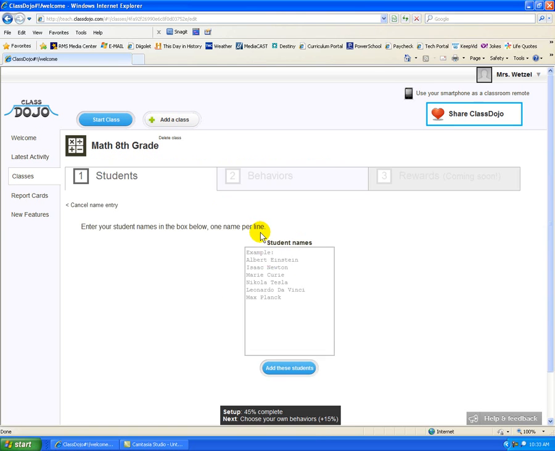You are next prompted to enter your students' names. First name, space, last name, and enter to the next line. Now you can easily copy and paste this from another document if you have that handy. I don't happen to have one, so I am going to use my RMS staff list to create a few students here. So as you can see, entering students is very simple to do,